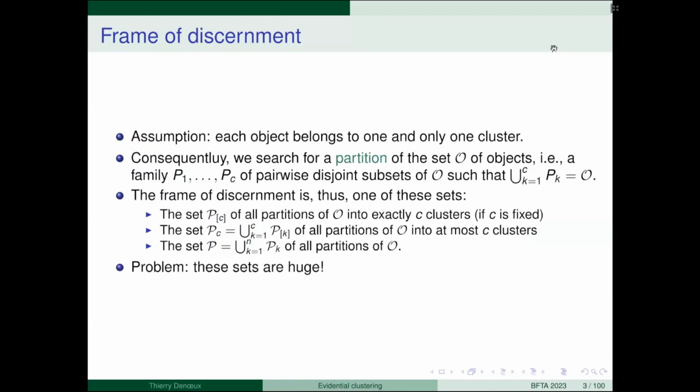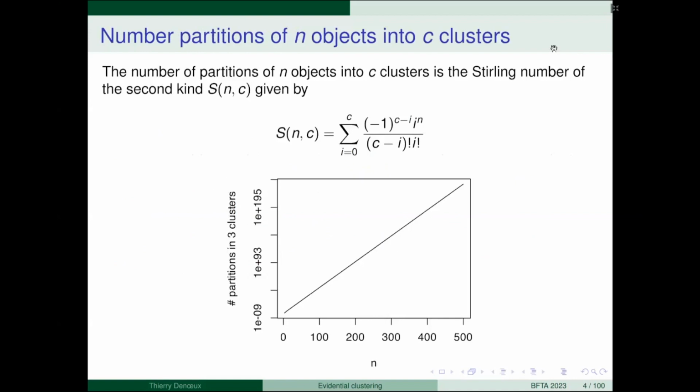So here I make the assumption that each object belongs to one and only one cluster. Consequently, we search for a partition of the set of objects. So what is a partition? It is a family of subsets of O which are pairwise disjoint, and the union should be equal to O. So for instance, here we have a set of objects.